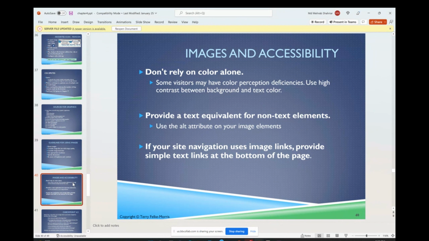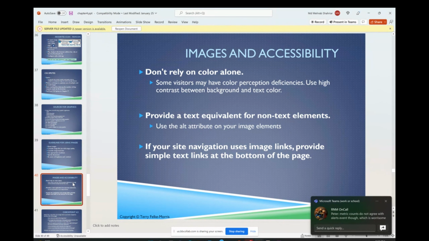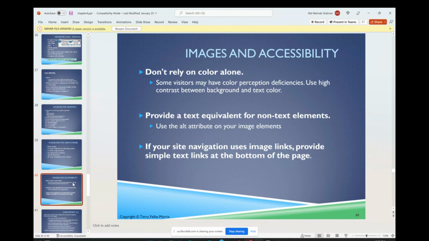But if you are doing something like this, you have to be very careful, because some visitors may have color perception deficiencies, some may be colorblind. So the reason you are using the color might not serve those people. So don't rely just on color alone to convey some message,